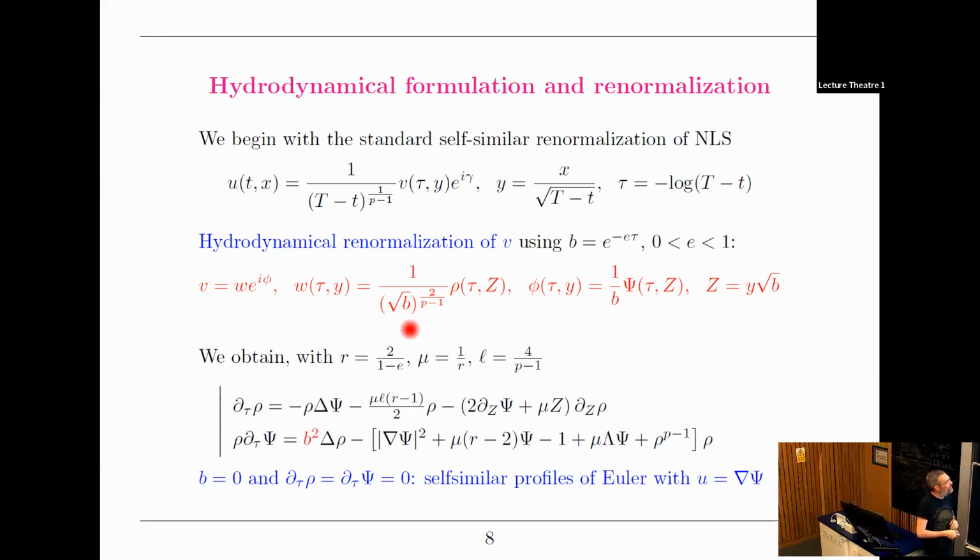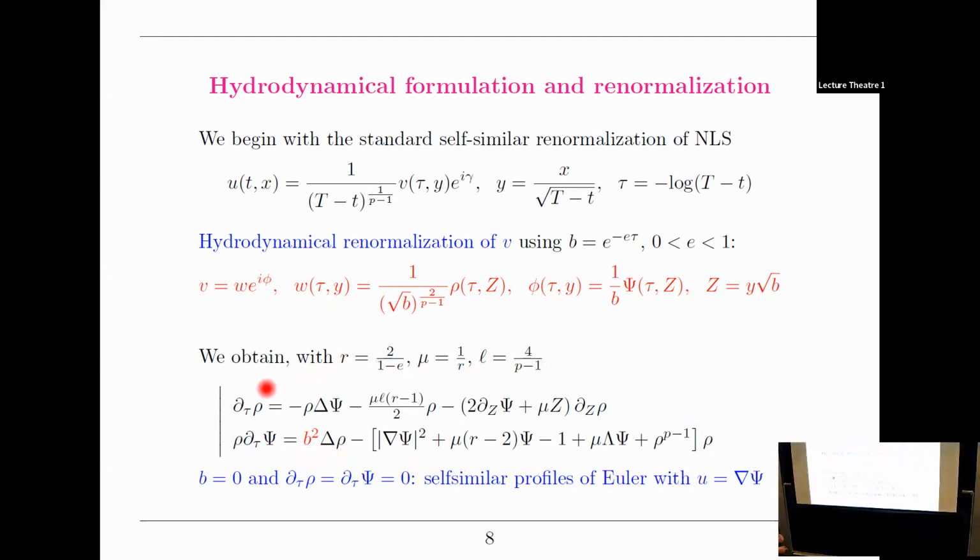Okay, and then if you do this, so now, of course, sorry, I didn't write the equations you get in V, but it is not too important. If you plug this decomposition into the equation for V, what you obtain by taking the real and imaginary part is an equation for rho and psi, which is here. So here the parameter R that was already popping up in the slide for NLS will pop up here. So you see this R already popping up. So you see that R will play a role here. The parameter R, we will be able to play on this parameter R.